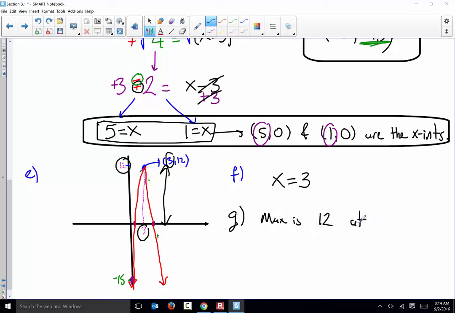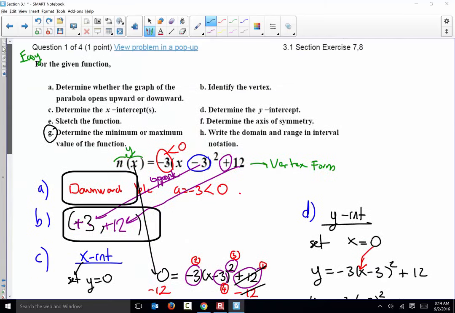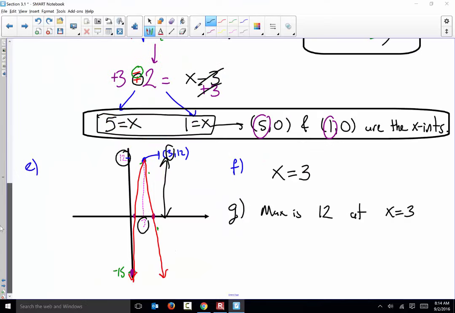But where does it happen? If I say, where is the geographic location? Is it in Denver? Is it in India? Where is the location? It's happening at x equals 3. Height is 12 feet above the ground level. Maximum is 12. H,